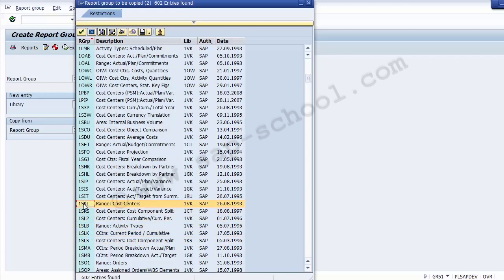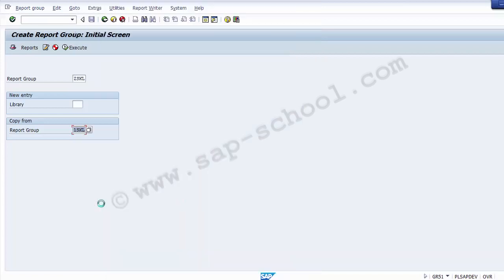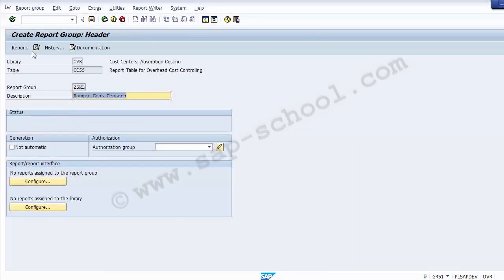So this is over here one SKL that we have selected on the screen. Now once we have taken it up, we can enter on the screen, and once you have entered, it takes you to the next screen. You can see that the library 1 VK table is CCSS, and the report group has been taken up as ZSKL. And even if you want, you can change the description as testing report